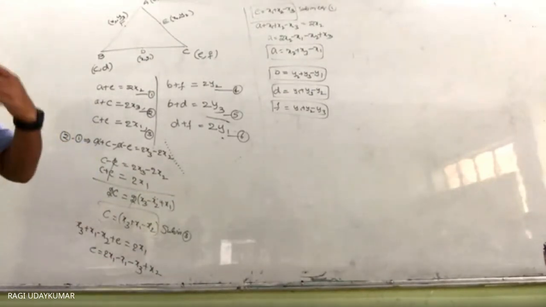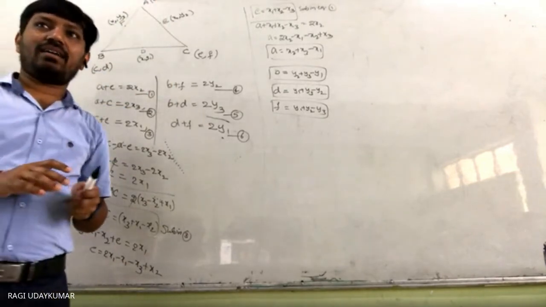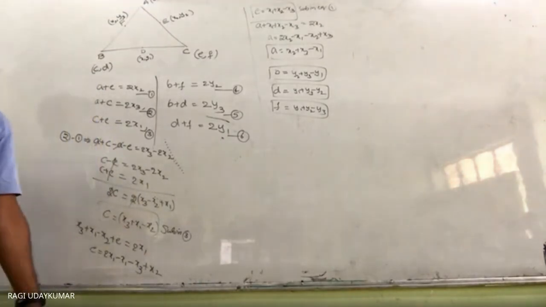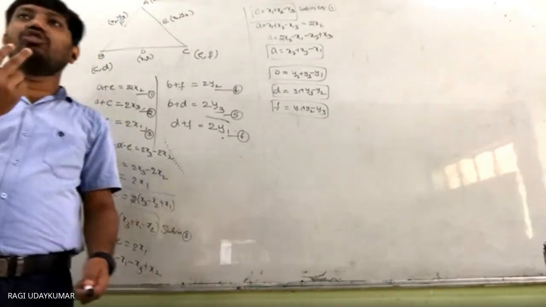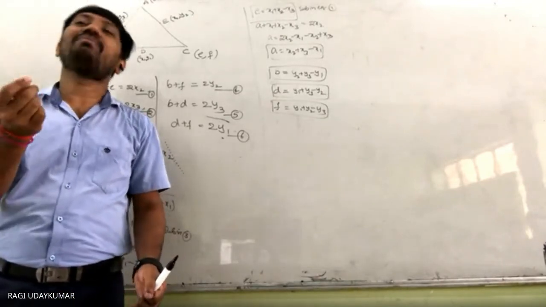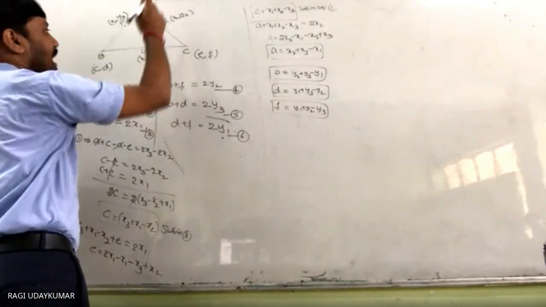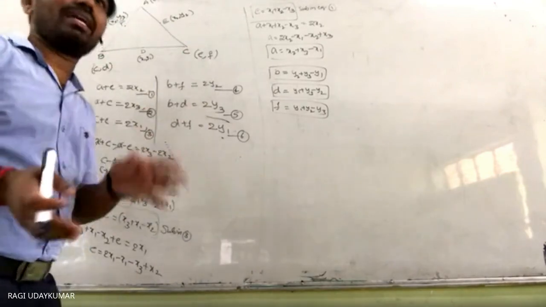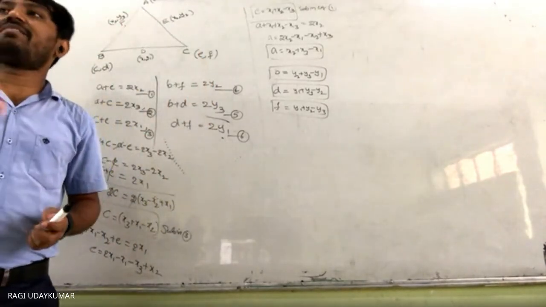Is it clear? If you take these as again x1 y1, x2 y2, everything looks the same. If x1 dash, x2 dash are given, there can be confusion. That's why it is better to take other variables so that confusion will not be there, because there will be an optical illusion. The x1 dash in front of our eyes can sometimes feel like x1. So if you consider this point as x1 dash y1 dash, and this as x2 dash y2 dash, x3 dash y3 dash, there will be a little bit of confusion. You will get the answer, but there is a little bit of confusion. To avoid that confusion, better we take the other variables. Okay.